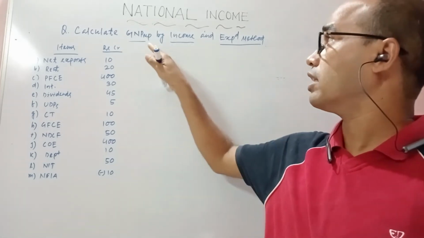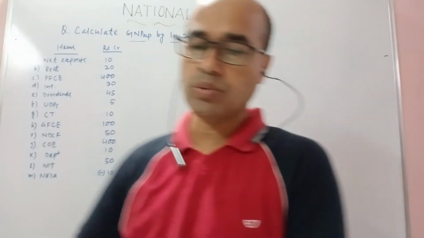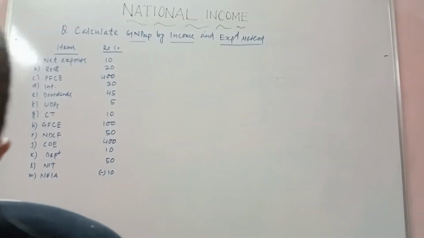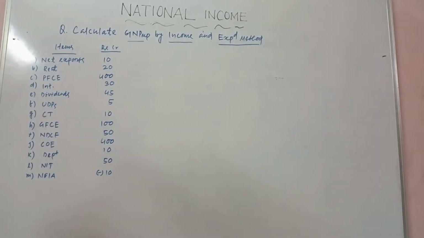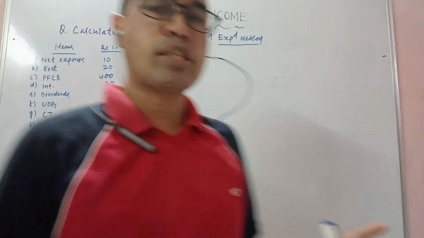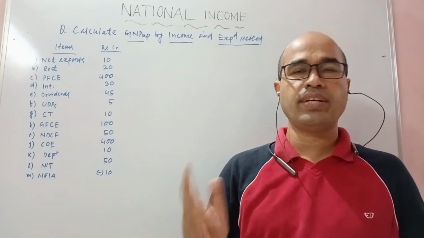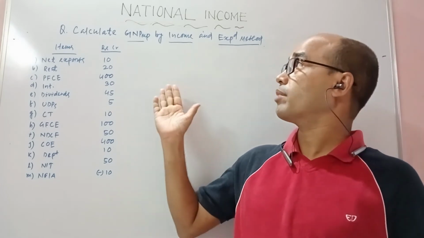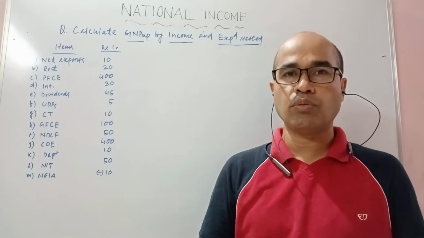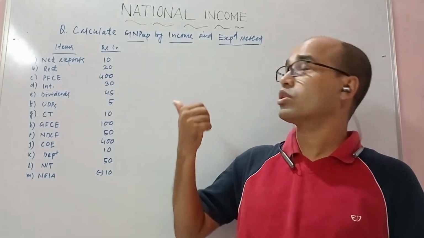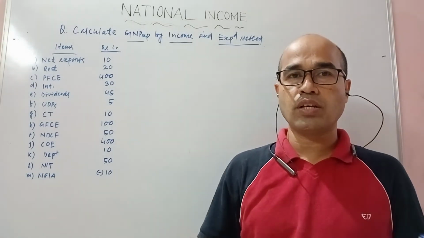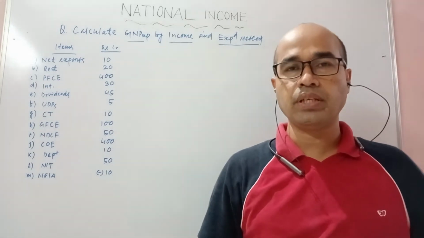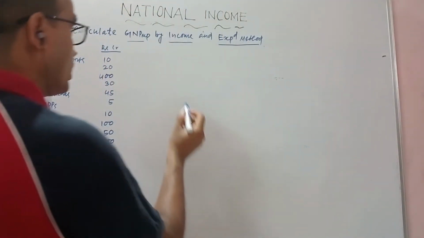So we calculate GNP by the income and expenditure methods. Dear students, please check thoroughly, and after that I will calculate for you. Remember, if you calculate by the expenditure method first, you may face some problems. So first you calculate GNP/MP by the income method directly. I will show you how to calculate it part by part. So come to the income method first.